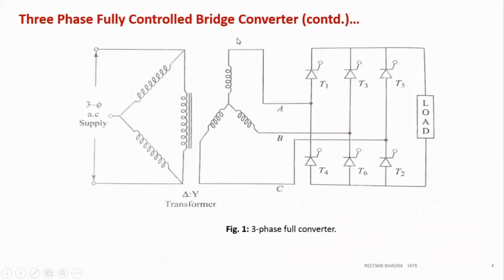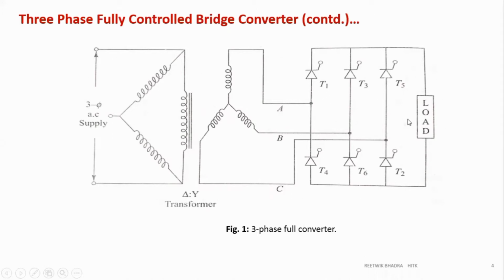Now this is a circuit of that three-phase fully controlled bridge rectifier, which consists of 6 switches. The upper switches are always your odd numbers, lower switches are always your even numbers. How to write it? 1, 3, 5, then a difference of 3: 1 plus 3 is 4, 3 plus 3 is 6, 2 plus 3 is 5. That will give you this numbering.